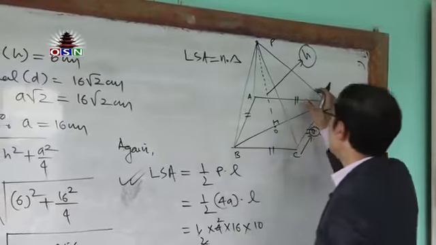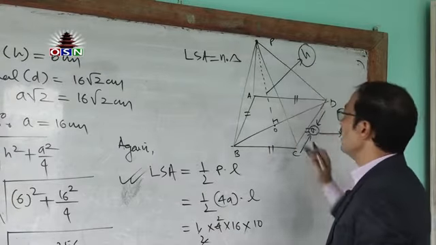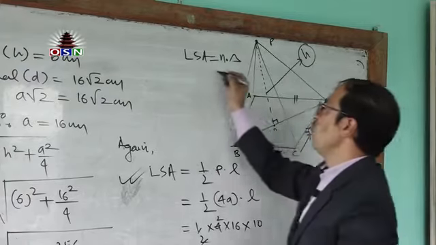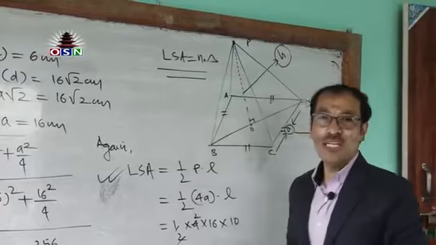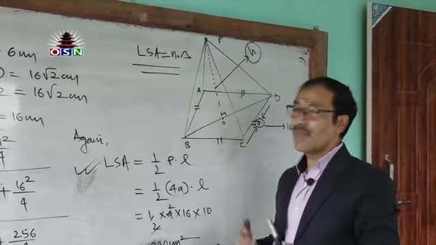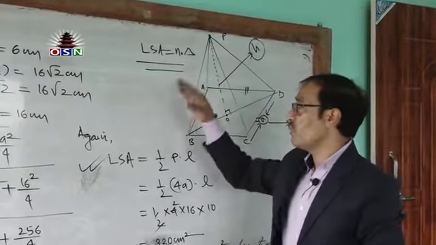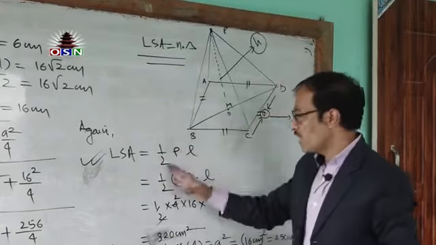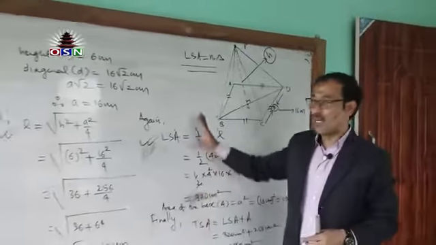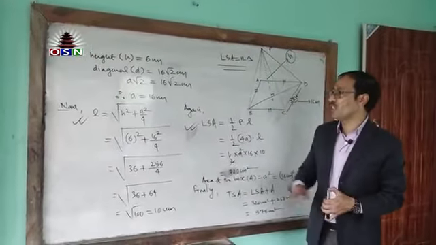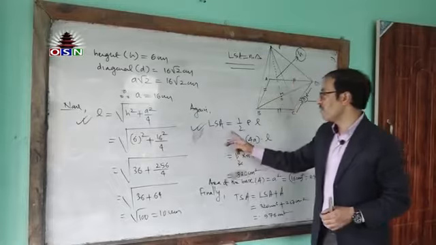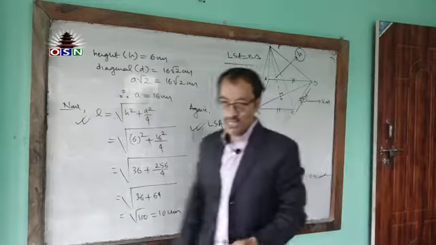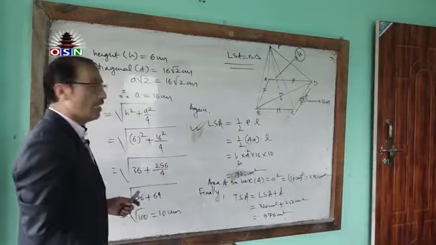You will have to find the area of this triangle, and the area of the triangle is multiplied by the number of sides, and then you will find the lateral surface area. But that will be a little tough and longer also. Sometimes it may be easy and quicker also, but whatever else you will have to remember this concept also. But for this process, we have to go through this way. So I suggest you please remember the formula for slanting length and the formula for lateral surface area. And again, I want to make you clear.